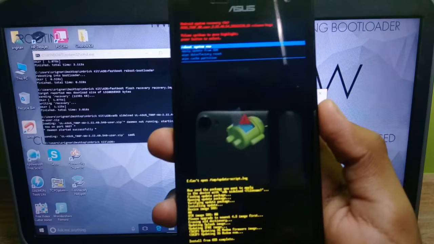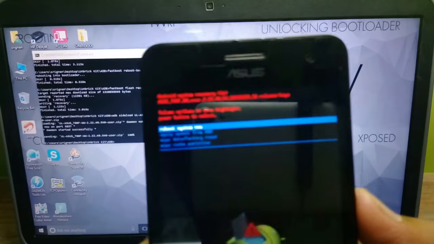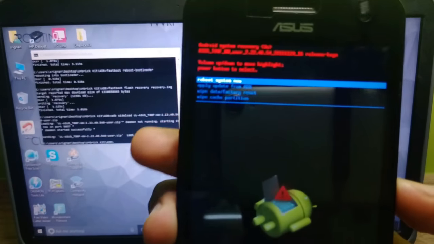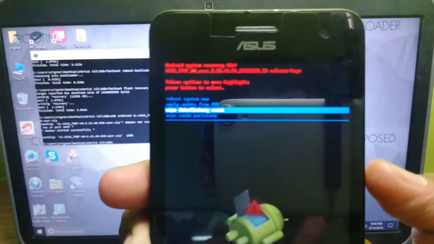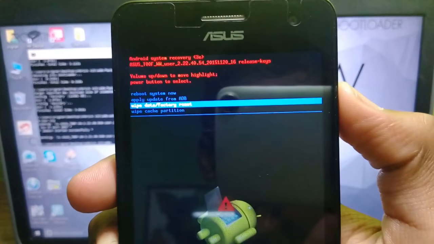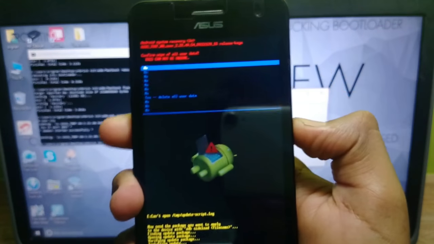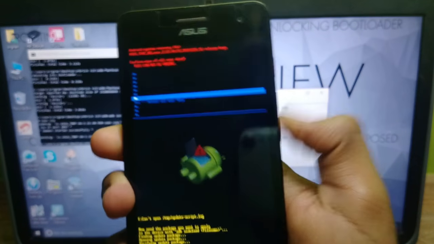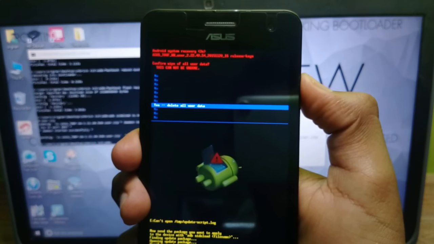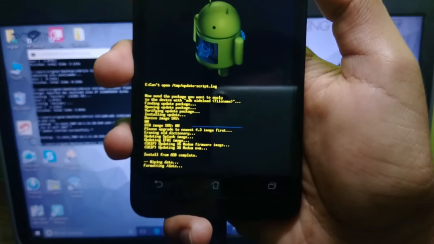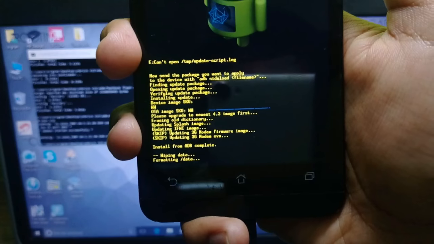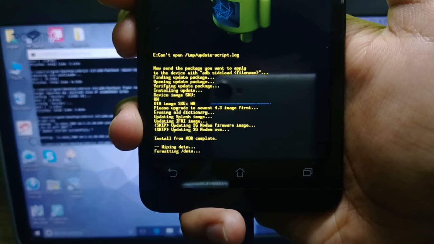So guys, the package is successfully installed. So now we need to click on the third option, that is wipe data factory reset, and now we need to come down and click on yes by using the power button. So it's actually wiping data.